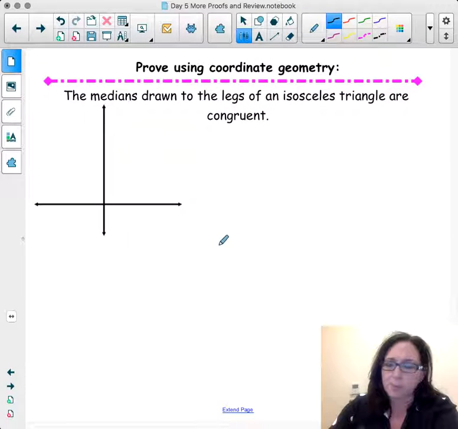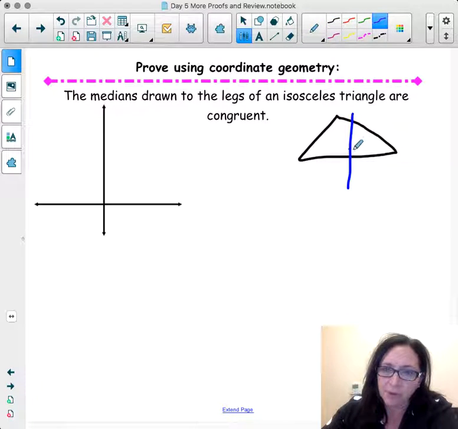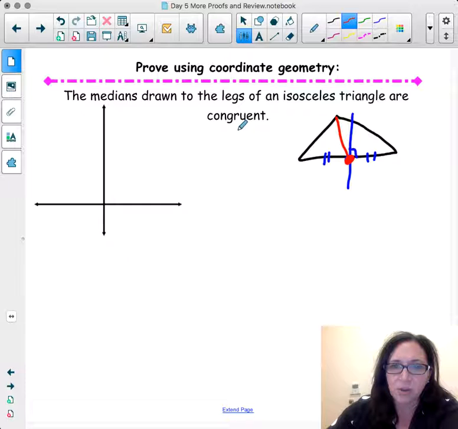The first coordinate proof that we're going to review says the median drawn to the legs of an isosceles triangle. What you need to remember about a median is that in a triangle, a median is found by first finding the midpoint, where this is congruent to that. Step 2 is to connect your vertex to that midpoint. So I would need to find the midpoint, and then if they want to know if my lengths are congruent, I would need to find the length of the median